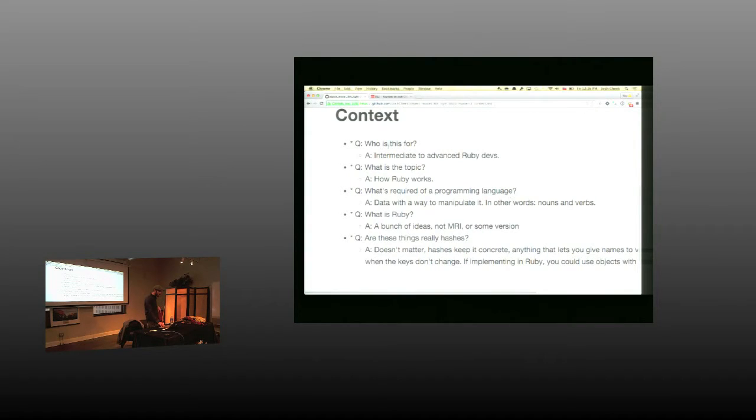The first thing to address is, who is this talk aimed at? And the answer is intermediate to advanced Ruby developers. I debated on that one for a while. Do I want to try and make it consumable for people with less experience? I do frequently attempt to do that, but there's a certain amount of time that gets lost convincing people to believe the world is really like this and not syntactic patterns that they've memorized. So I'm hoping that if I can communicate these ideas to people with more experience, then it'll trickle down, but it'll work better in this case, hopefully, than in politics.